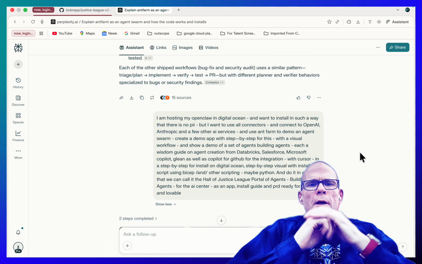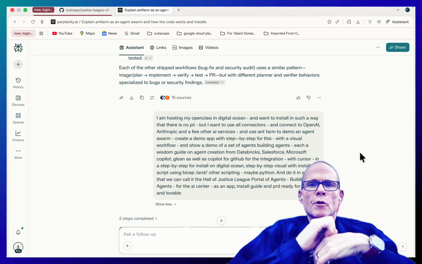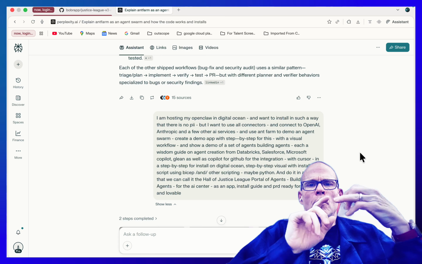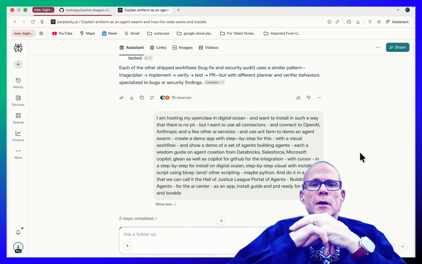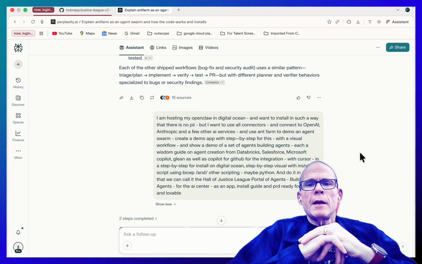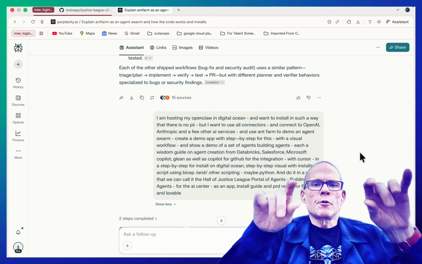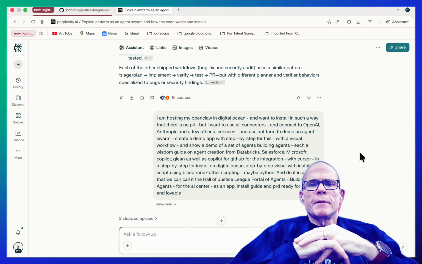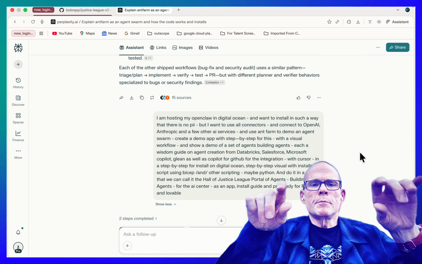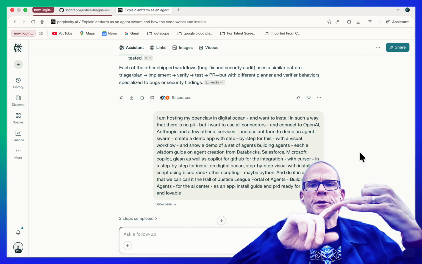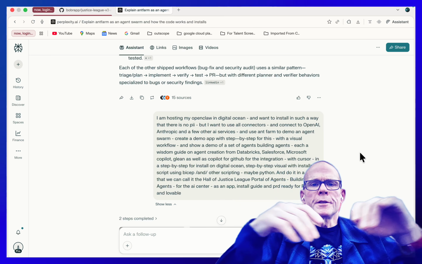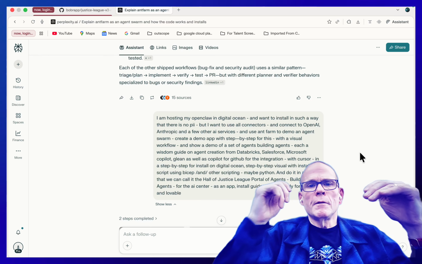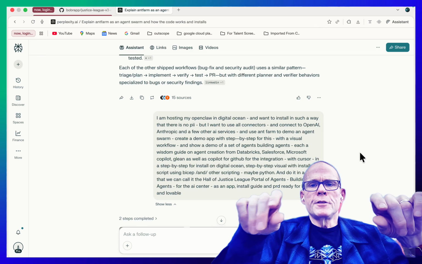I'm hosting my OpenClaw in DigitalOcean because I didn't want to root a Mac Mini. And I said, I want to install in such a way that there's no PII, but I want to use all the connectors, connect to OpenAI, Anthropic, and a few other AI services, and use Ant Farm to demo an agent swarm. So create a demo app with a step-by-step for this, with a visual workflow, show a demo of a set of agents building agents, each wisdom guide on agent creation from Databricks, Salesforce, Microsoft, Copilot, Glean, as well as GitHub for Copilot for the integration, with Cursor and a step-by-step install on DigitalOcean, step-by-step visuals with the installs,